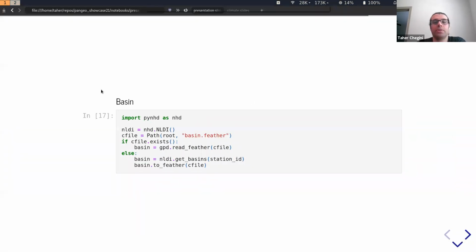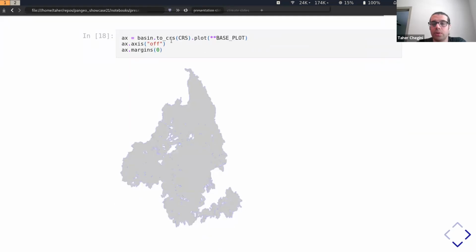So the first step is that we want to get the basin. NHDI provides an easy function with just one line of code. We just say that I want the basin for the specific watershed. Then you just need to give it the ID. Based on that, it's going to delineate the watershed using the NLDI service, which is another service by USGS, and if you want to work with network data, with river data, it's a very useful service. So it's going to look at the station, delineate the basin, and return it as